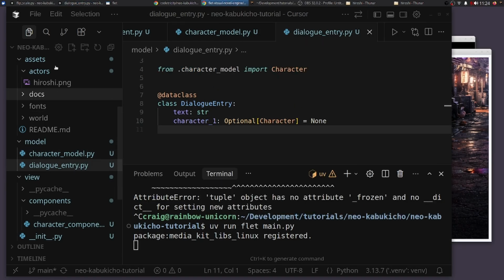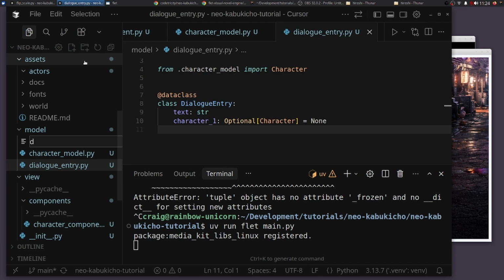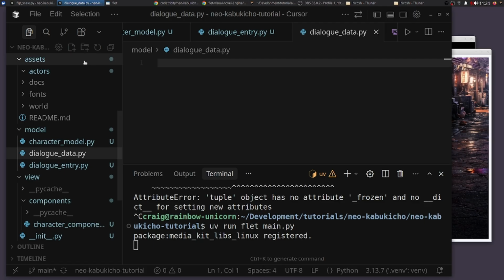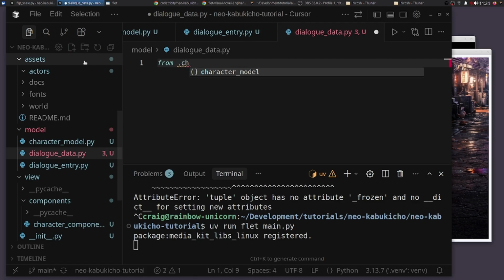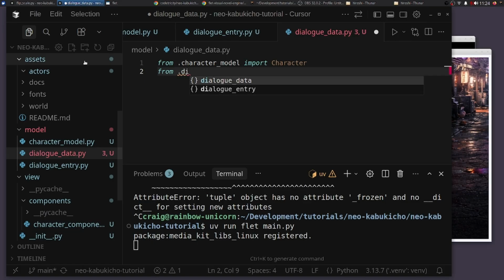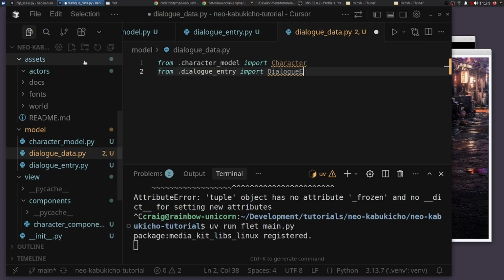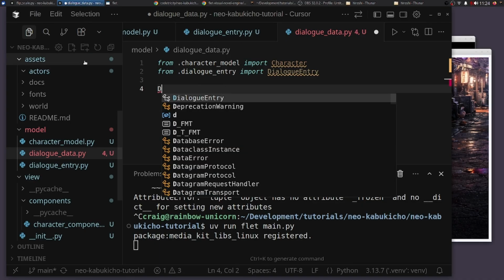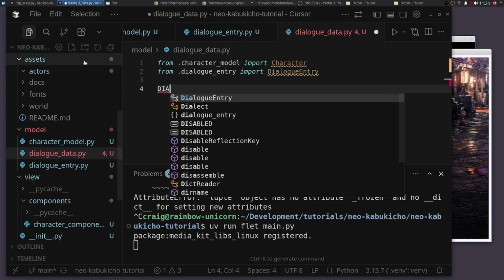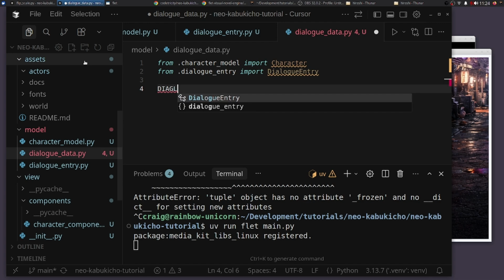Right, let's create our data file, dialog_data.py. We'll import the character from the character model, which we can extend in the future. We'll set up a constant, all in caps, style,